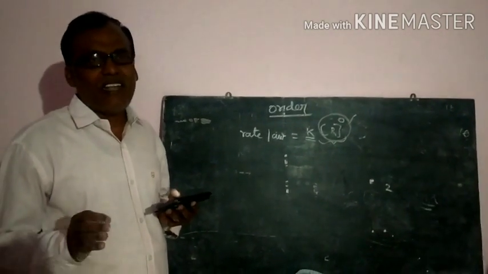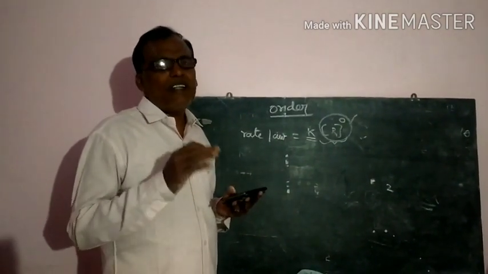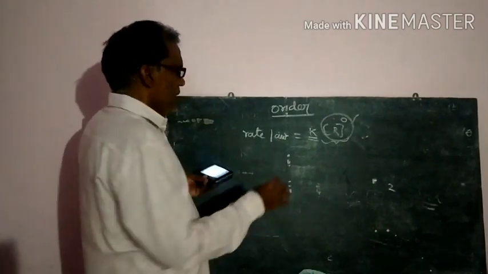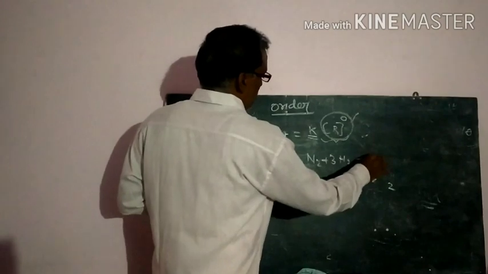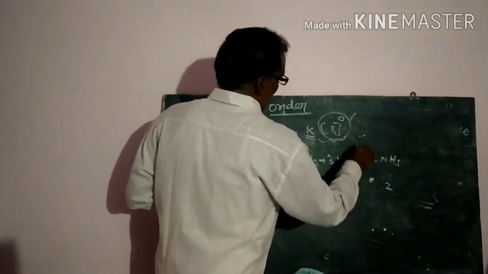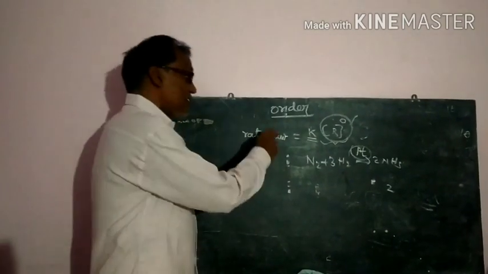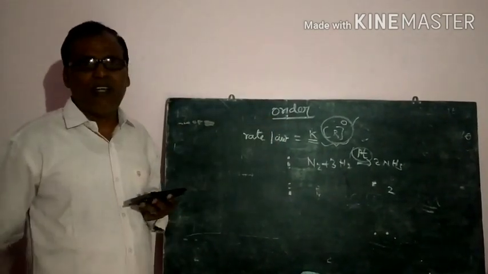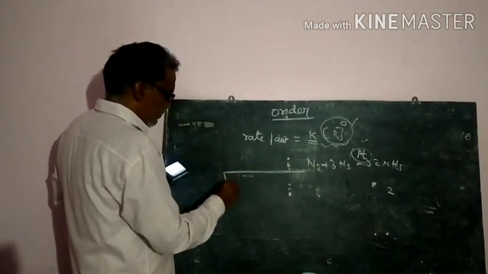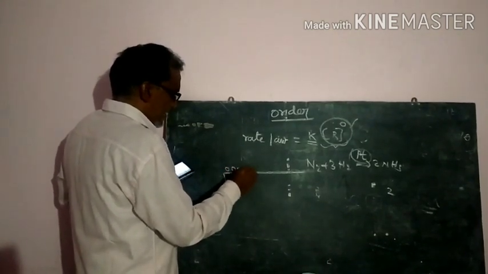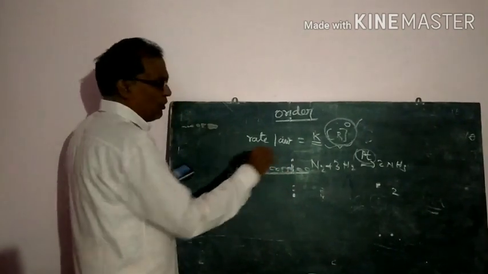Some reactions involve metals as catalysts. So they are also examples of zero order. Example, that is preparation of ammonia, N2 plus H2 gives rise to 2NH3. Already we know that platinum we will use as a catalyst. Under some special conditions only these zero order reactions will be there. In the beginning, on the surface of the platinum, what will happen? These gas molecules, hydrogen and nitrogen, will react and form ammonia.